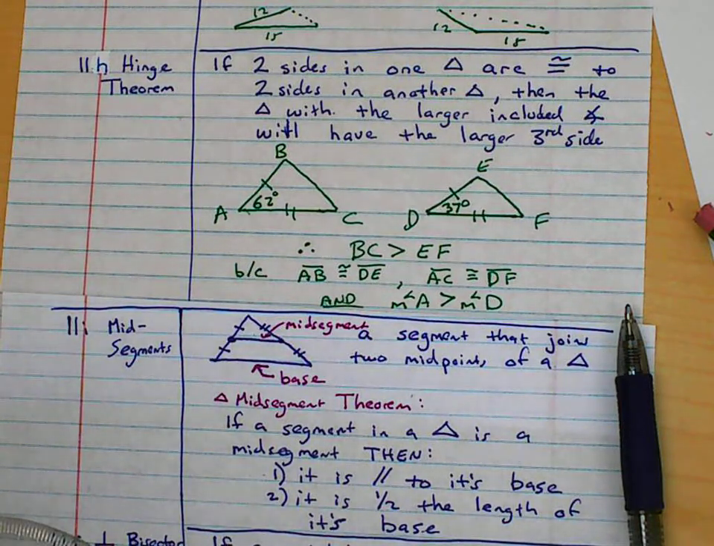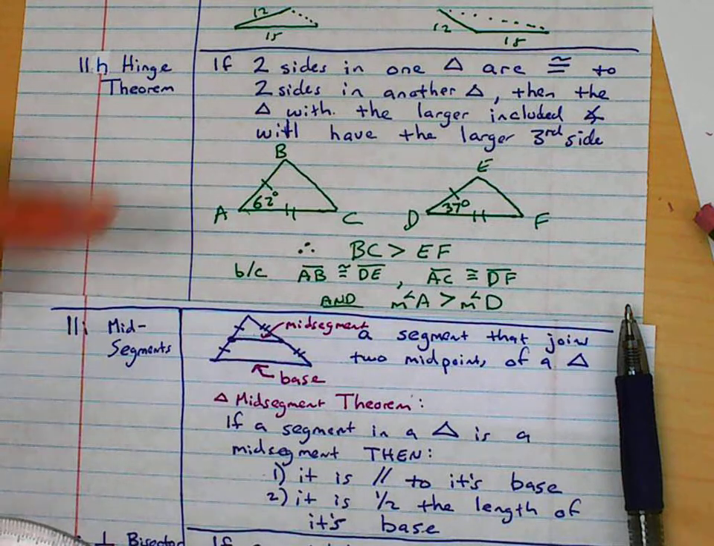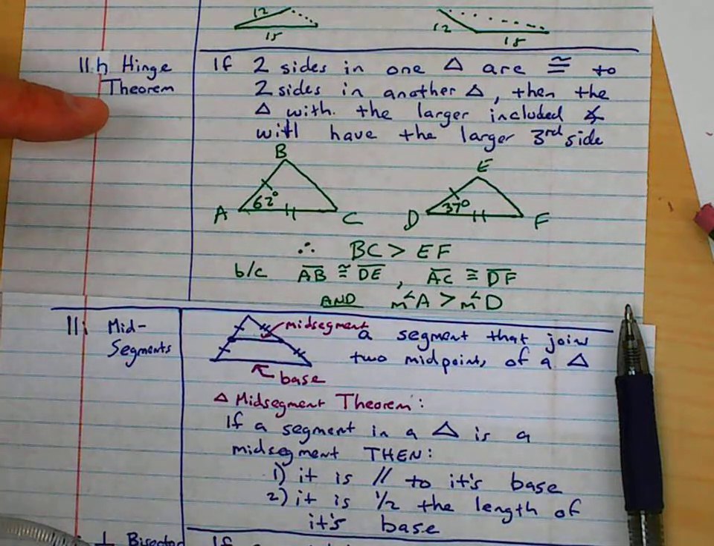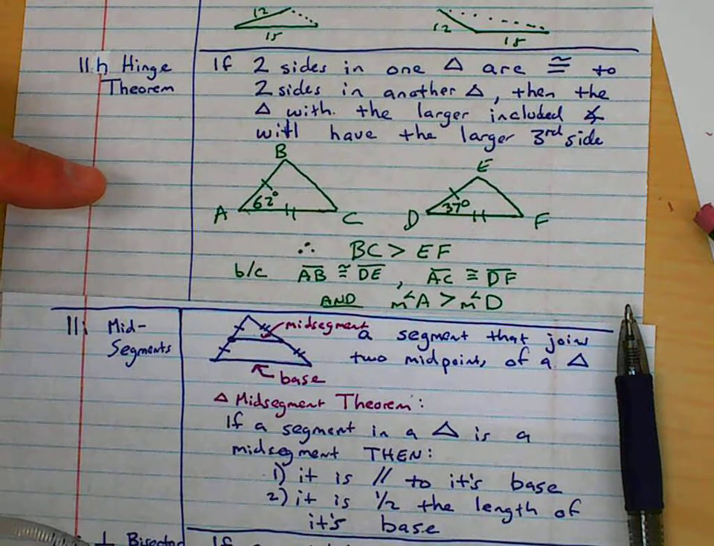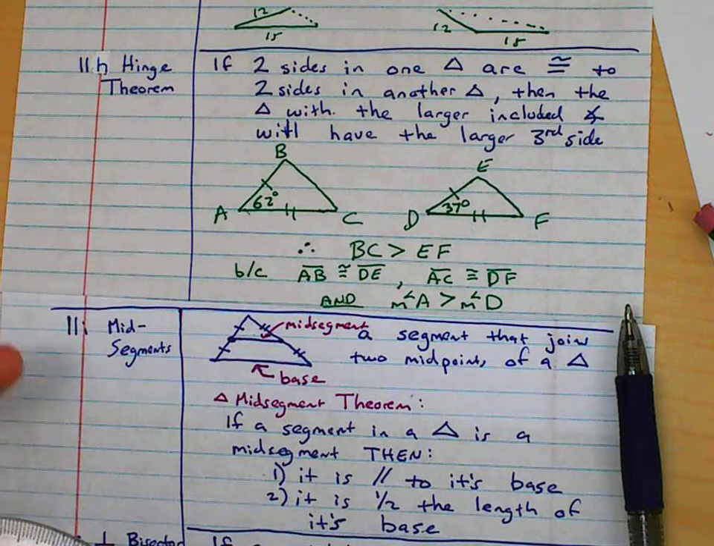I'm just going to go ahead and go over 11H, which is the Hinge Theorem, and 11I, which is the Mid-Segment Theorem. So the Hinge Theorem basically says if two sides in one triangle are congruent to two sides of another triangle, then the triangle with the larger included angle will have the larger third side. We'll investigate that a little bit, and then also look at the Mid-Segment Theorem, which says given mid-segments that joins,